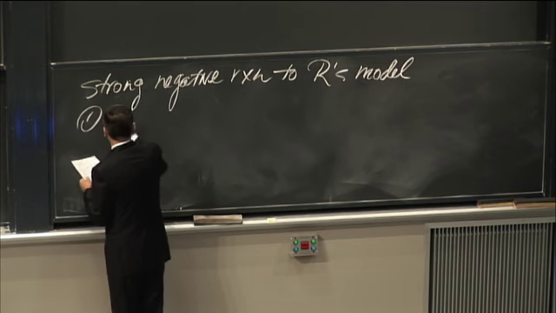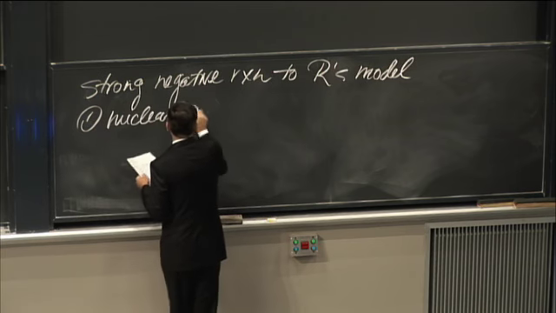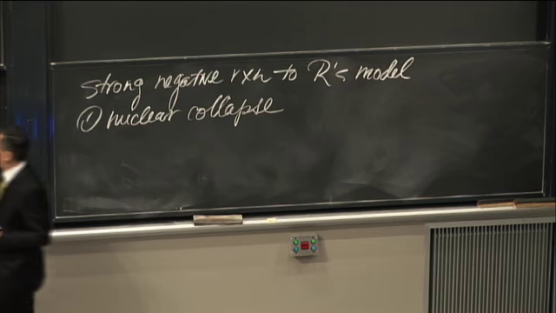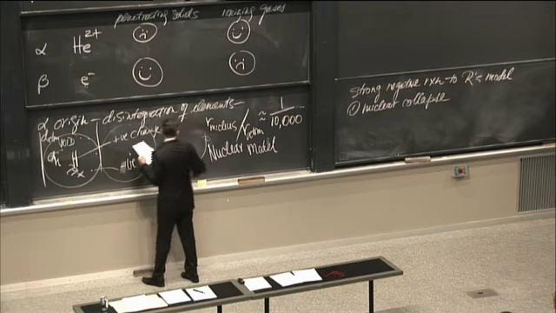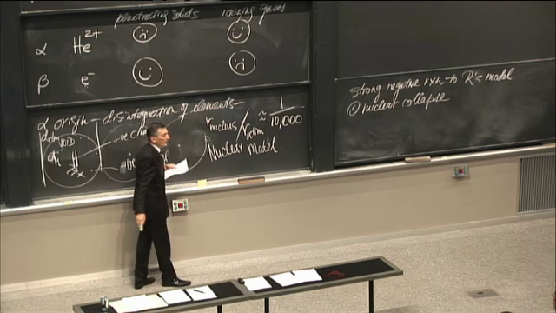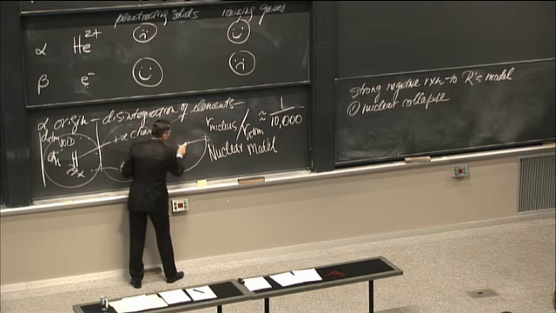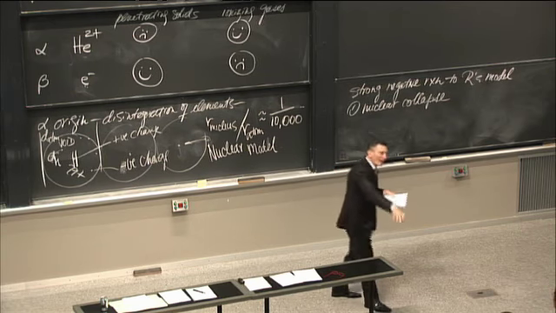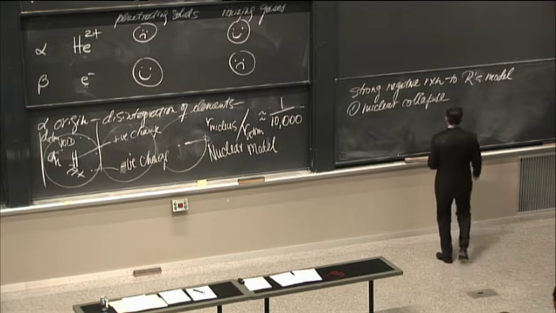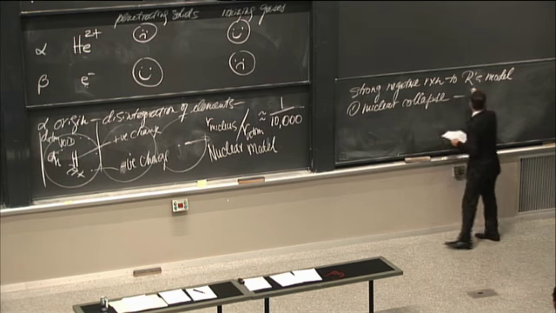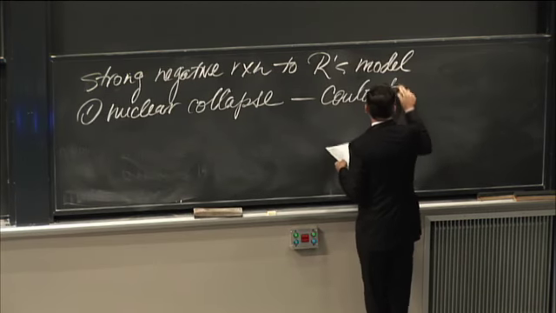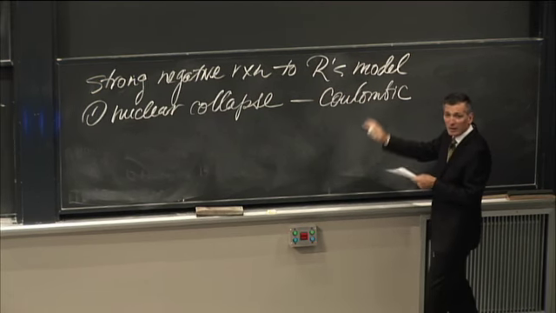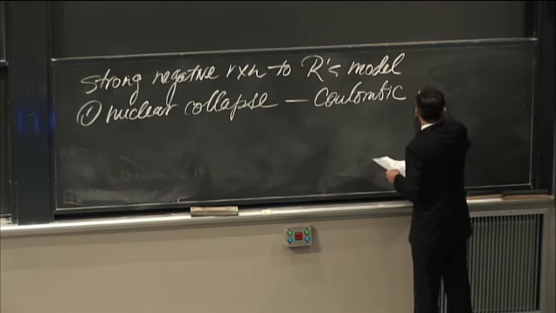Here are the two major objections that people posed. First of all, they talked about nuclear collapse. They said, if you've got a system of negative particles revolving around a positive nucleus, electrostatic forces are going to cause them to be drawn to one another. What's going to keep the electrons from collapsing into the nucleus? So that was the first objection. Coulombic attraction, Coulombic, electrostatic, same thing. If you want to use the man's name, Coulombic. If you don't want to use the man's name, electrostatic. Coulombic attraction between plus and minus.